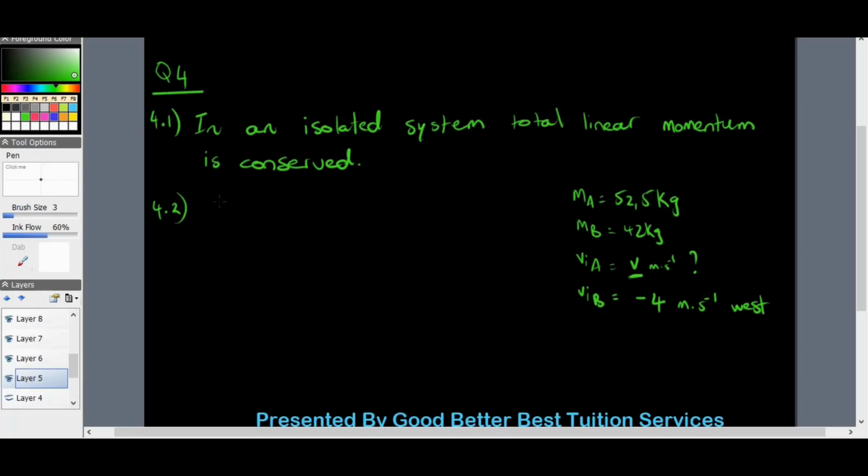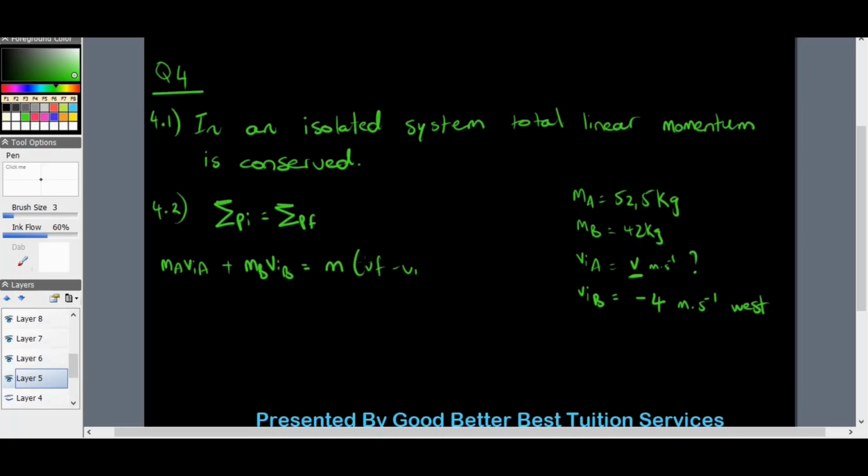We use the formula: total linear momentum before is equal to total linear momentum after. So sigma p i is equal to sigma p f, which means the mass of object A times the initial velocity of A, plus the second object's mass times the second object's initial velocity, is equal to the mass